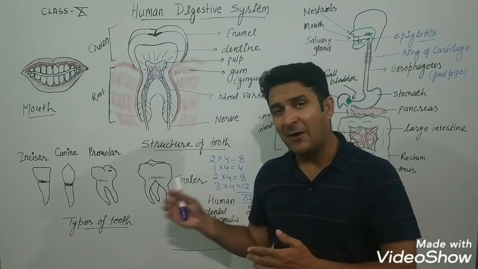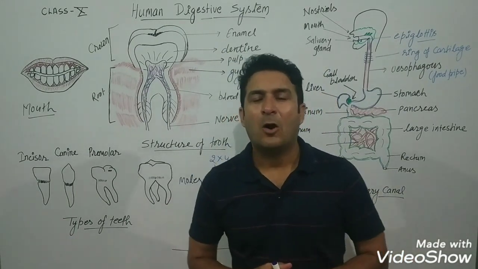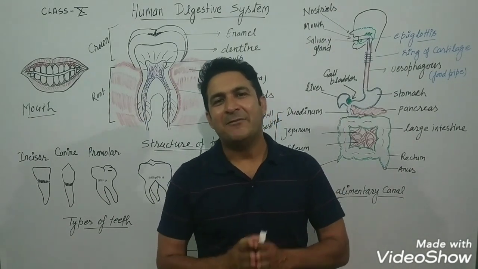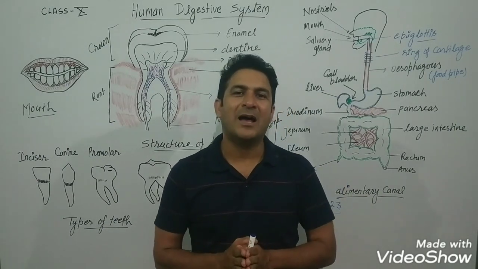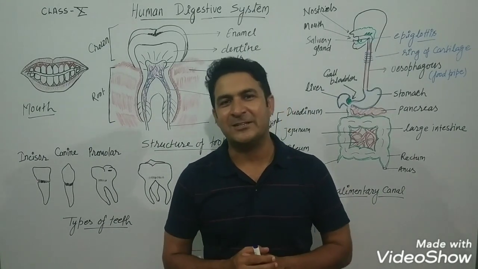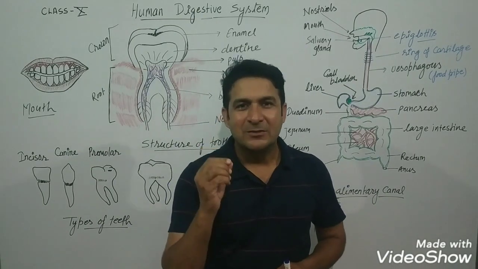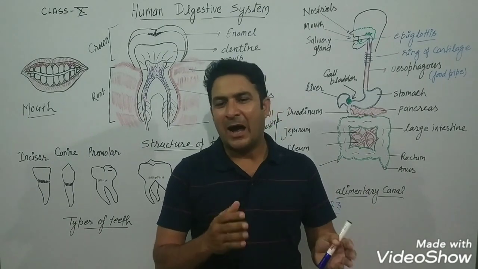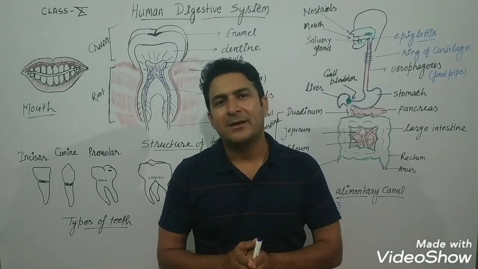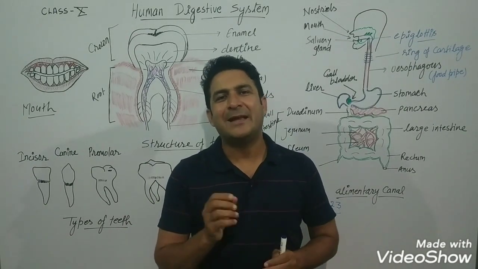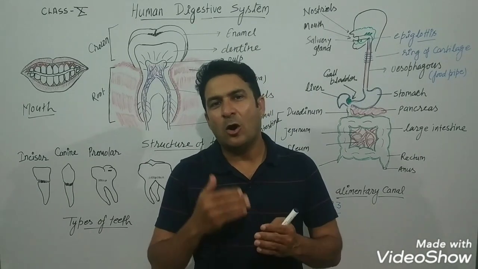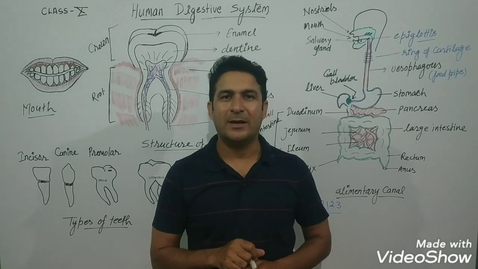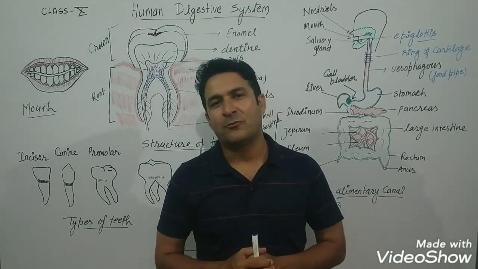Okay children, after this we have one more organ in our mouth, and that is the tongue. The tongue has taste buds, and these taste buds are very specialized to detect different tastes. Our tongue can detect sweet, salt, sour and bitter tastes. Besides this, our tongue also plays a very important role during chewing of food. The tongue always balances the food between the teeth during chewing, and that becomes very comfortable for us.